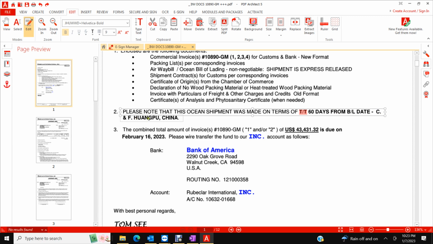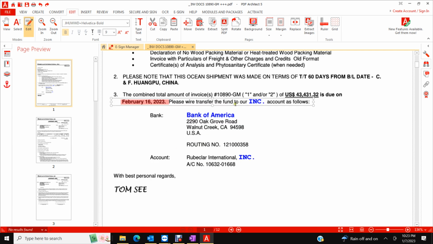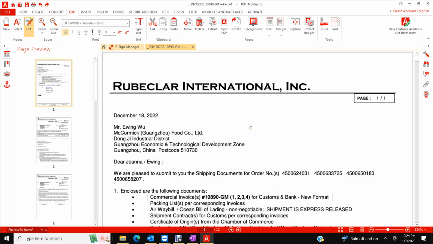Okay, C&F, cost and freight, Huangpu, China. So the combined total of this invoice is, like I told you before, they break down the invoices. There are two or three sets of invoices, and I'll explain to you here. So there's invoice set 1, invoice set 2, and then the total amount is due, and I give them that based on the 60 days. And then of course you explain to your bank the instructions for payments right over here. Okay, so that is an explanation of the first page, which is the